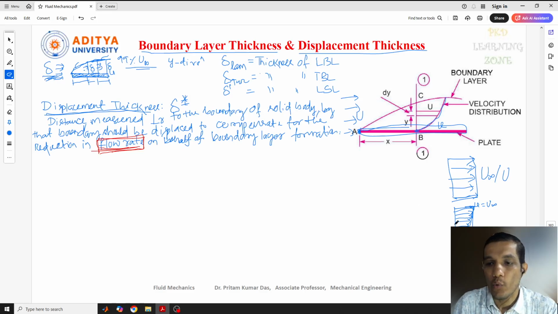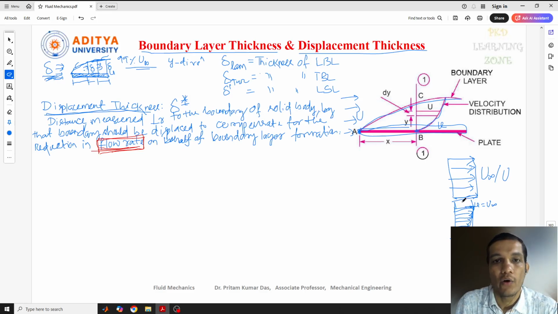To overcome this reduction, the boundary layer should be displaced. So this boundary layer that we got here should be displaced to compensate for the reduction in flow rate. Now what was the flow rate? To compensate this flow rate, we need to